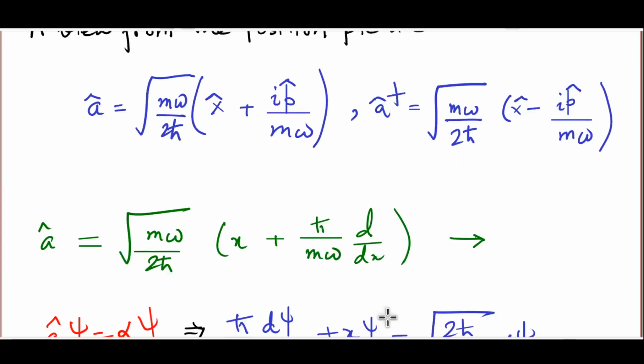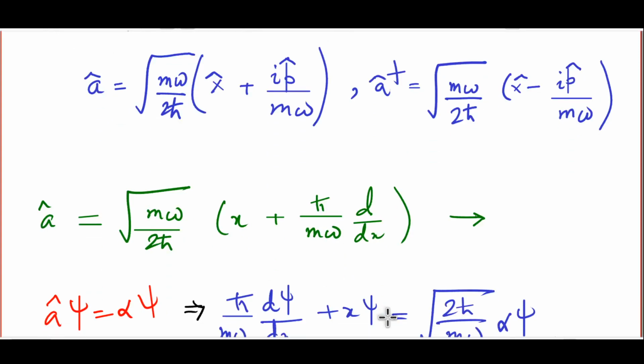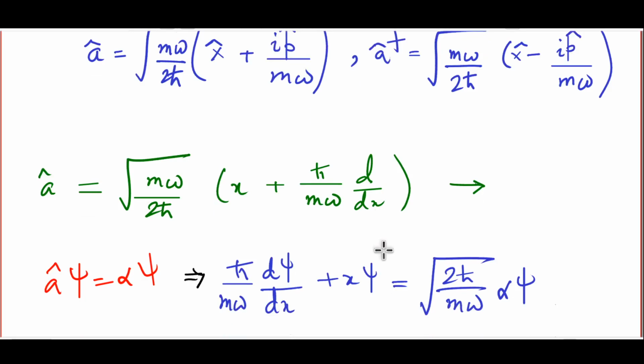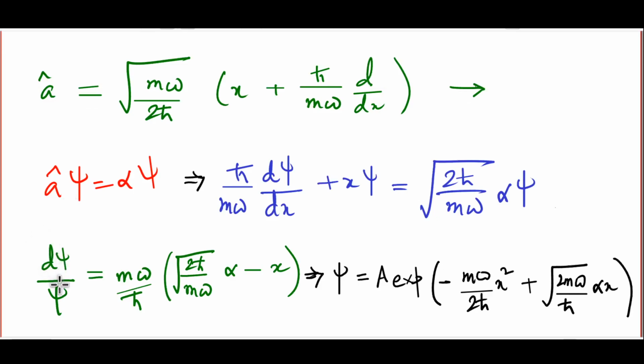Now, the eigenvalue equation A hat acting on a ket gives you alpha times the ket translates in the position picture to this operator acting on a wave function is alpha times the wave function. And this leads to a very straightforward and simple differential equation. It's a first order differential equation which can be easily rewritten to express d psi by psi in terms of this. Of course, there is a dx missing here, which I should have put in. And this is a very easy thing to integrate, and this ultimately leads to the result that psi is a times the exponential